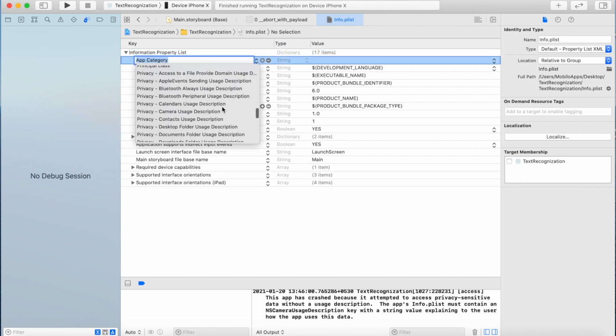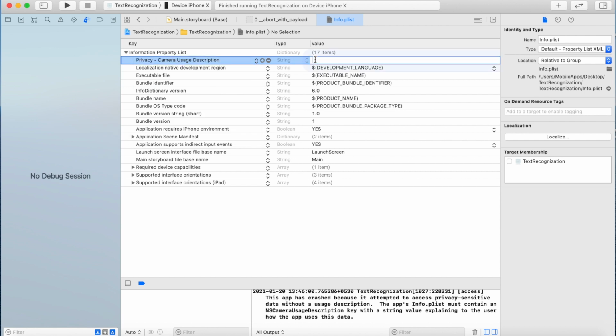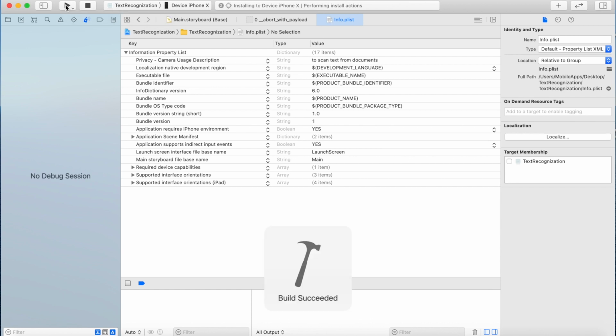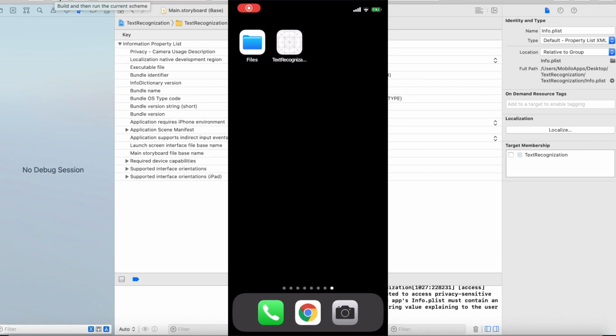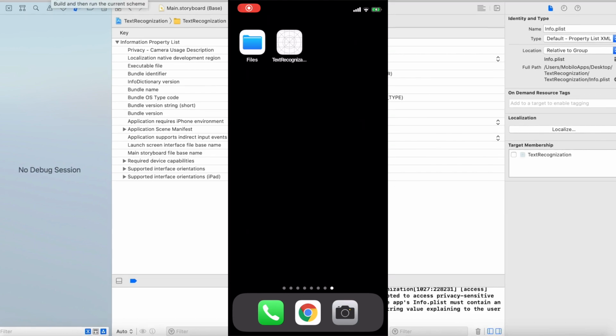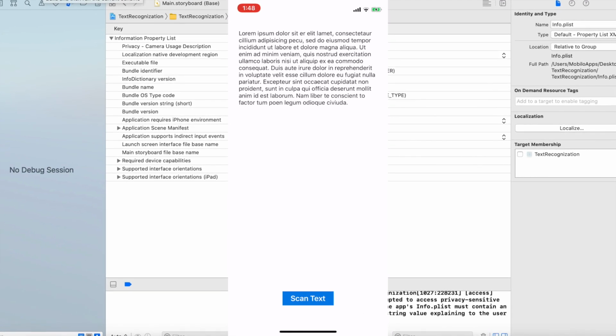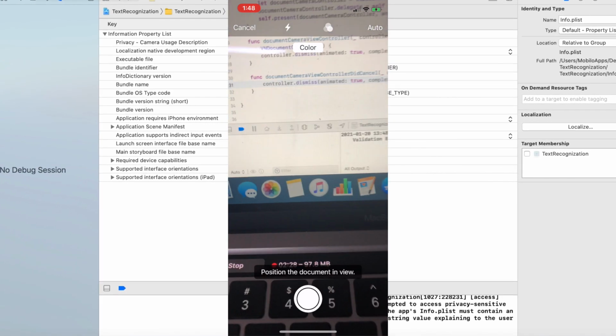So we need to add a camera usage description in Info.plist. So I have added it and I'm giving the description. Now let us run and try. Now it is working and we were able to open the camera.